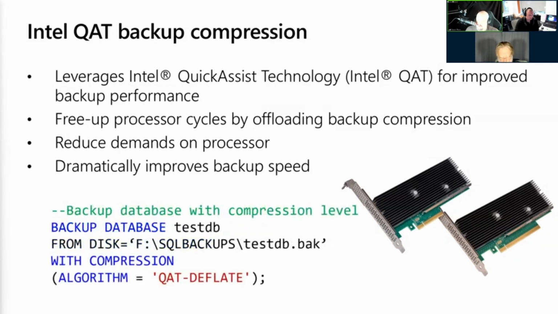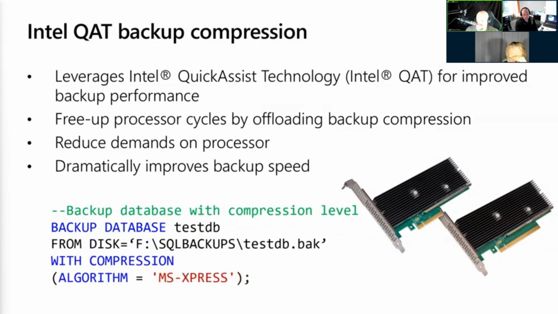Now, once you verify the QAT feature is on, you can either run a backup script manually or schedule your backup statement. In order to back up a database with QAT compression, you would simply run a regular BACKUP DATABASE statement, but append the statement with compression and state that QAT_DEFLATE is being leveraged for the compression algorithm. If you do this without doing the previous steps, you would see an error get surfaced.